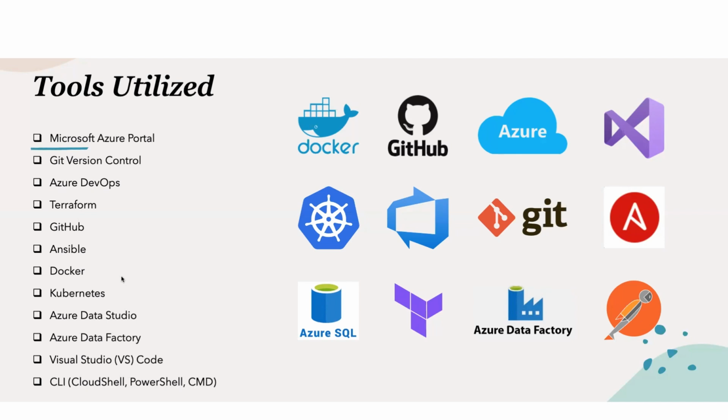And then we would use other tools to integrate properly with our Azure environment, such as Azure Data Studio for managing our databases that are in the cloud, Data Factory for managing data analytics that occur within the cloud environment, and Visual Studio Code for implementing certain DevOps implementations, such as infrastructure as code,